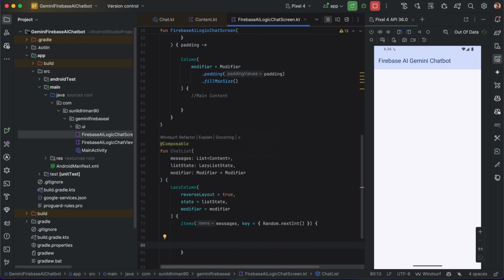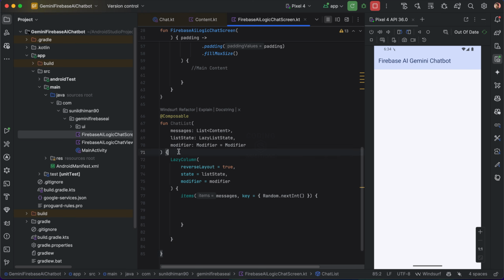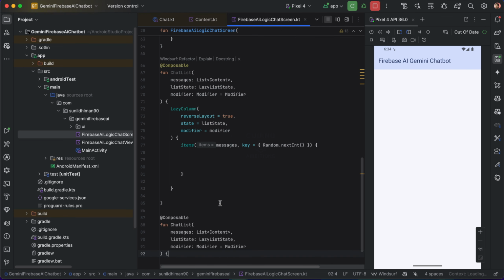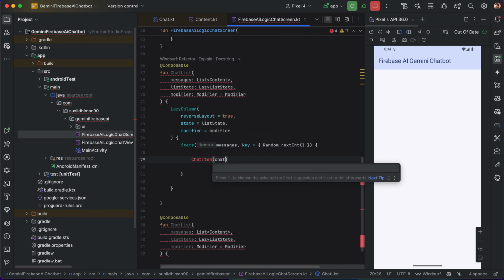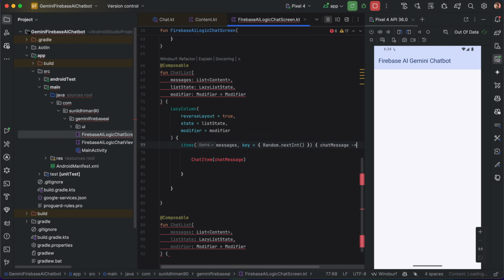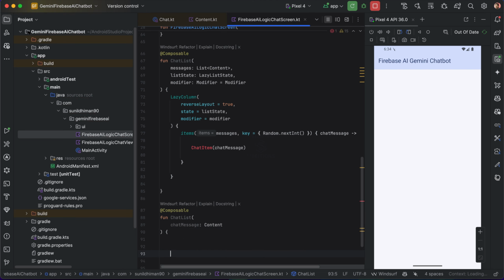And then we will be creating the chat item. What will we display in the chat item? Let's do that. For that we can create another composable. Let's copy that. Chat item will just accept the chat message, and we provide it like this. Okay, that's it. And now what we need to do is